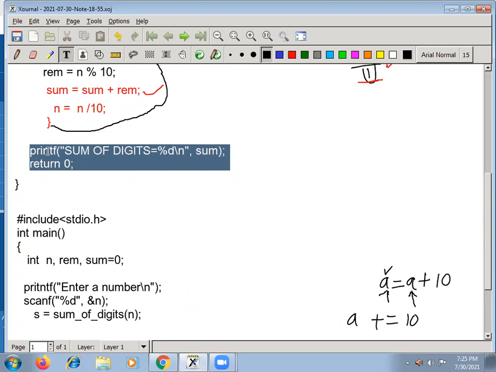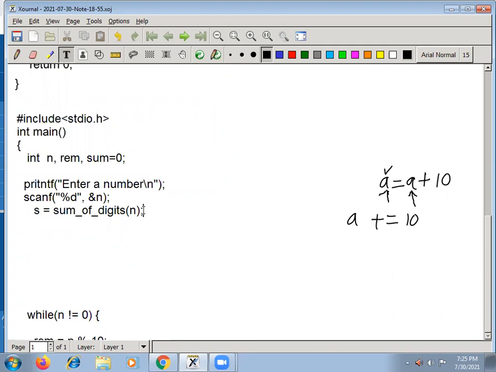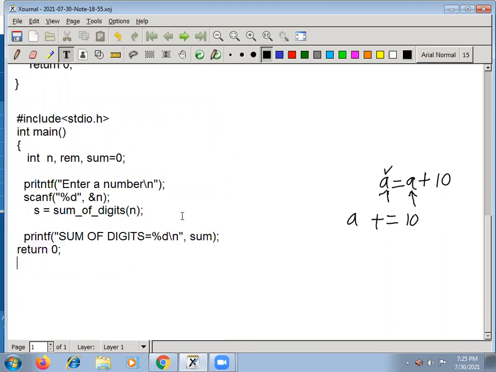Okay, so I just copy this here. Just see here, then your main program ends here. Main program ends, that's it. So in a single line you can find the sum of digits by calling this function. It calculates the sum of individual digits in n and returns, and I am printing this s here. You should declare s here. No need to initialize here, just declare s, and when you print s, it prints.